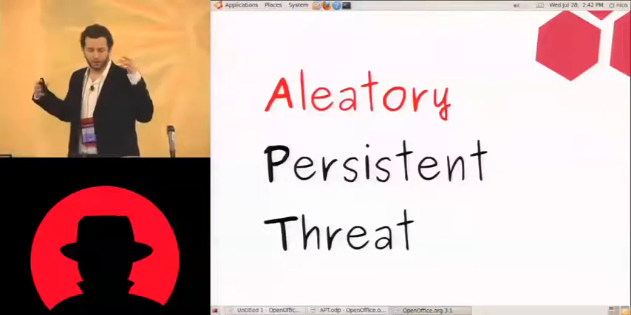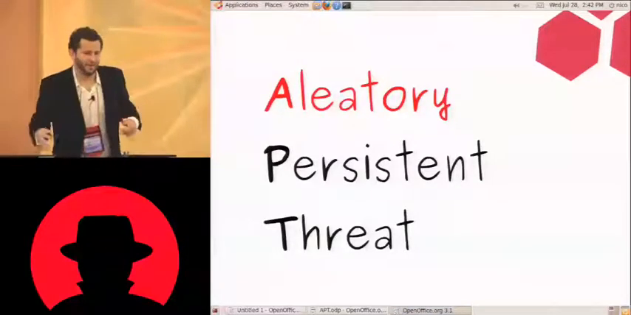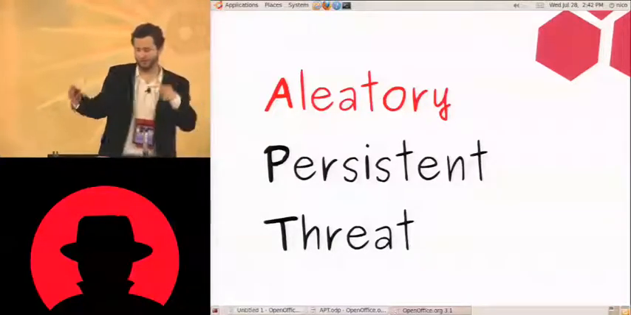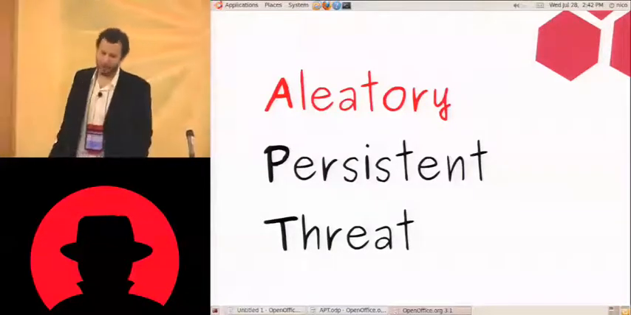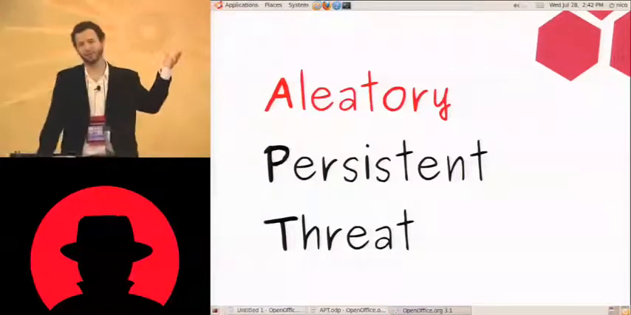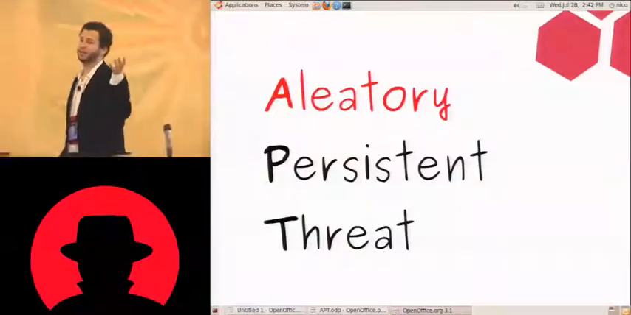So then you came back to the aleatory persistent thread. Now I'm going to ask a question, and whoever wants to respond, it will be okay. How would you exploit this kind of bug? You have a set attribute function that allows you to